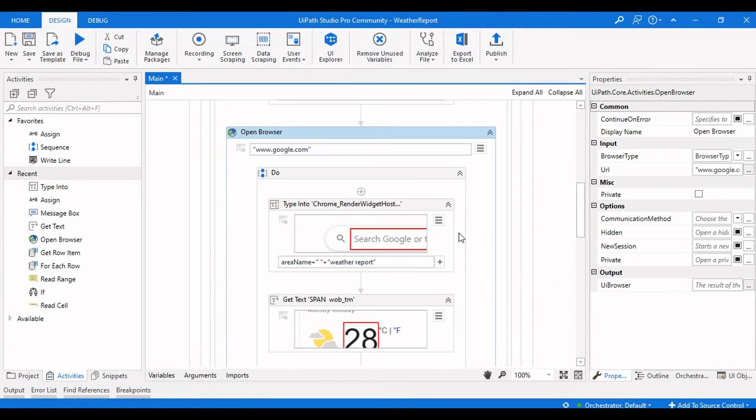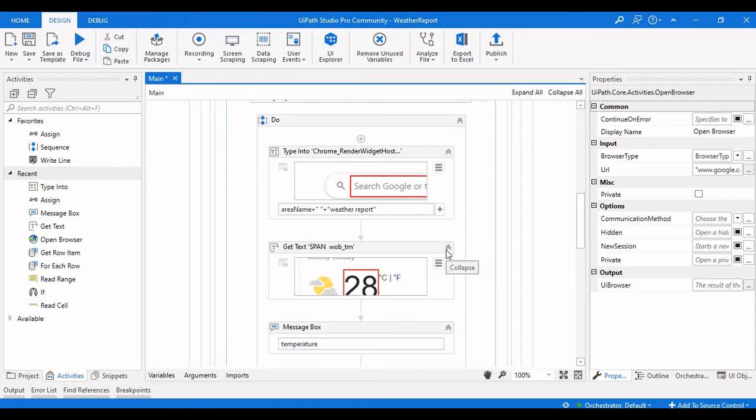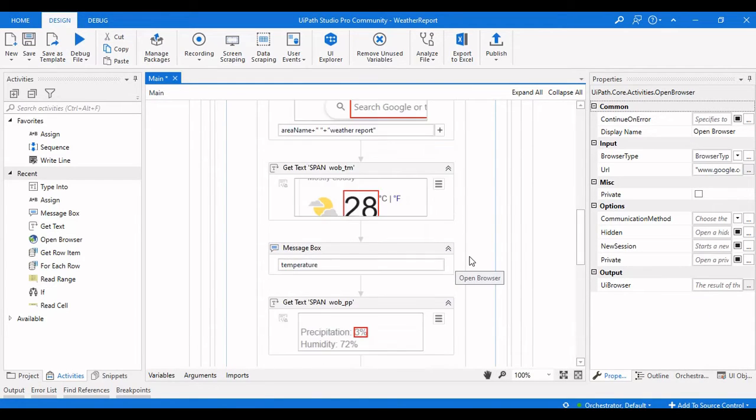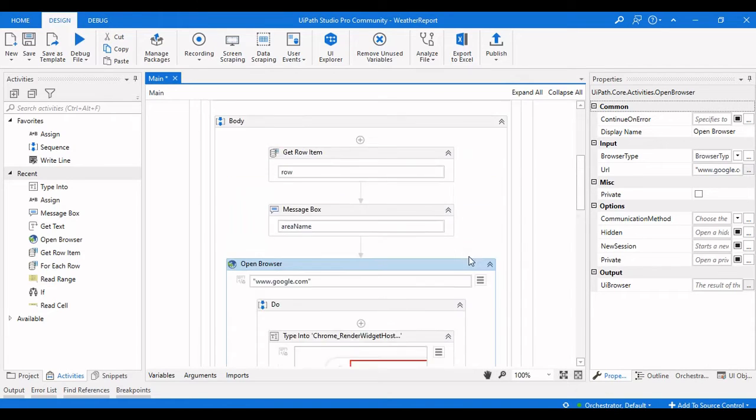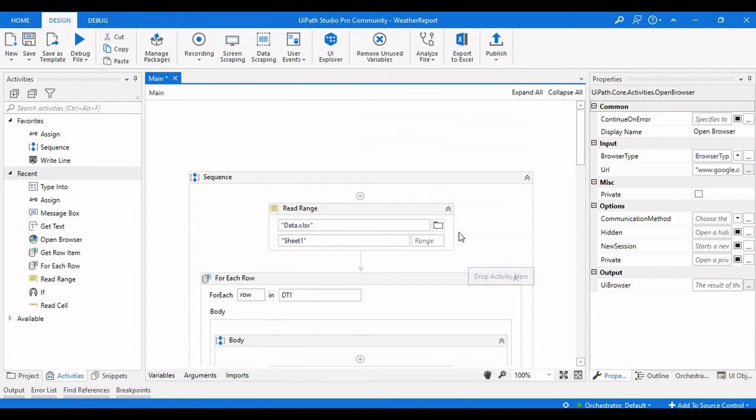So this is it, and then we will get the text from that, and the remaining will follow. And let us check this.